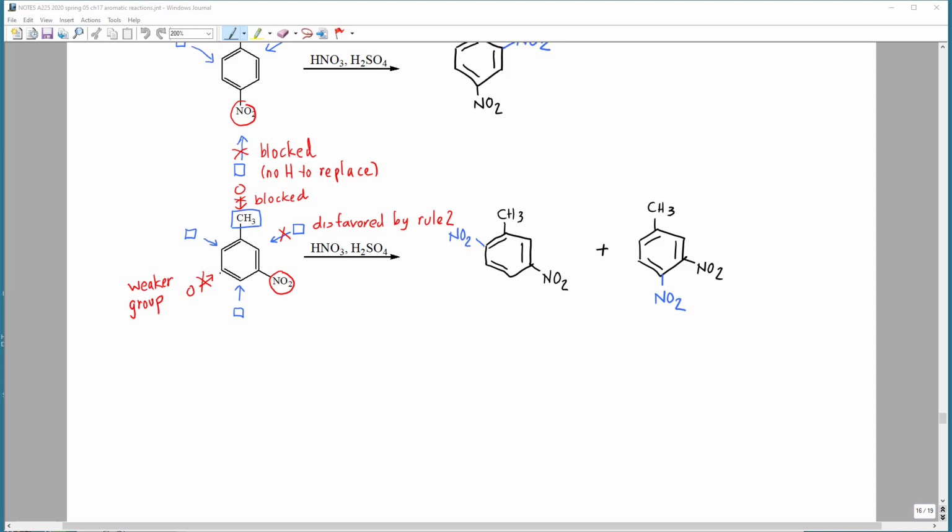This position is a possibility, but what we would conclude is that the nitro is a deactivating group. The methyl is a weak activating group. So therefore, the weak activating group would take precedence. So we'll cross out the red arrow, and we're left with these two arrows. So we would get products where nitro attached here and products where nitro attached there. So using this problem-solving strategy then, we should be able to predict the preferred regioisomers of most of the possible reactants that we